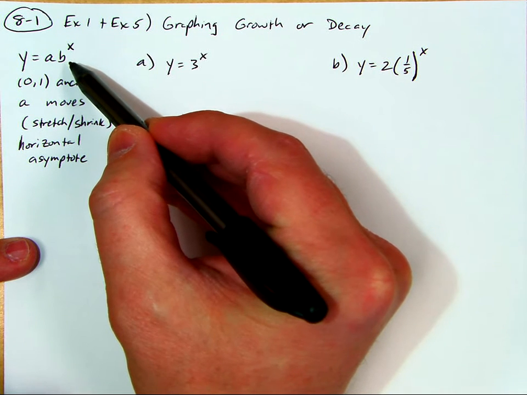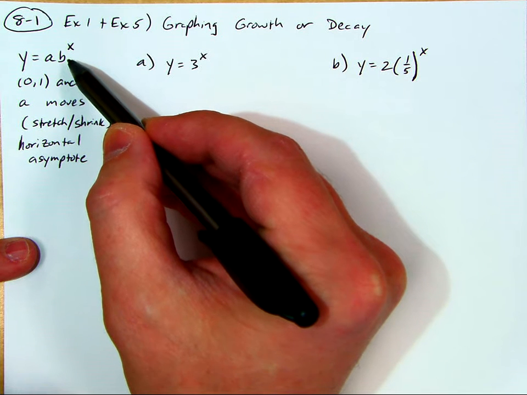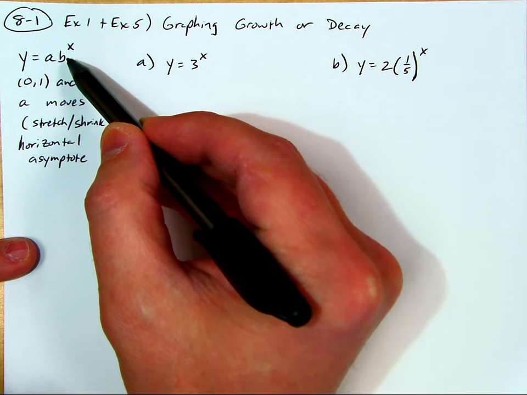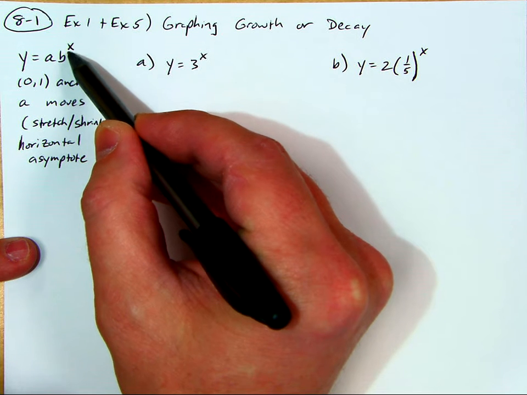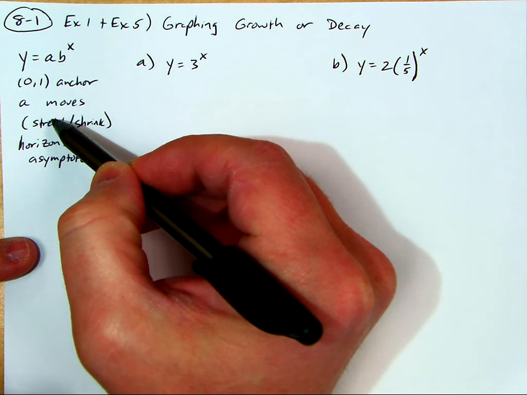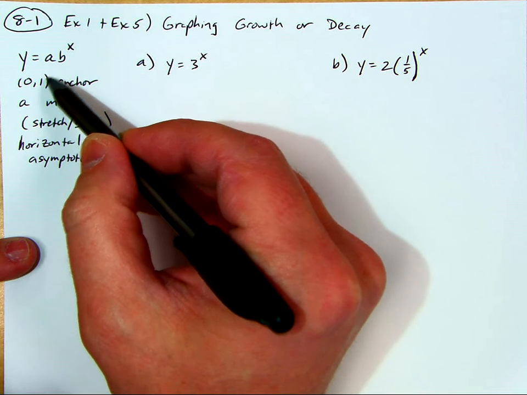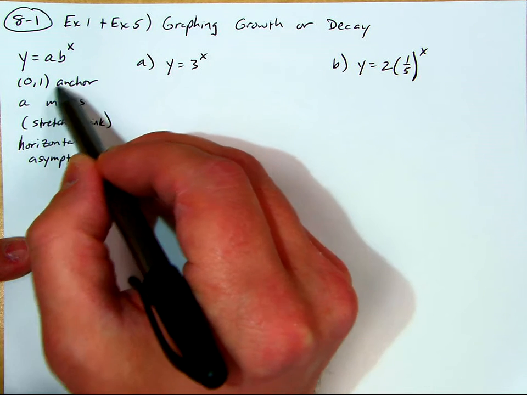Now, y equals a b to the x. That is the general form of an exponential function. This is your go-to for like the entire chapter. Okay? B is the one that's getting operated by the exponent, and a moves it up or down, it stretches or shrinks it. So when we're graphing these things, we need to think that 0, 1 is our anchor if